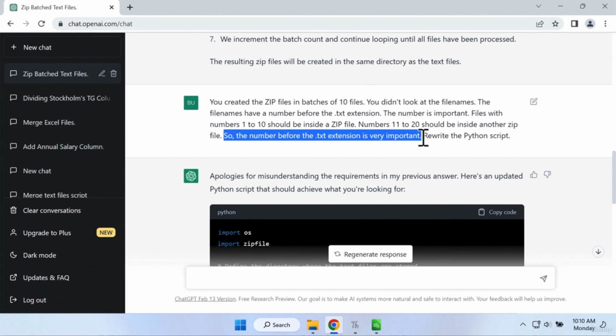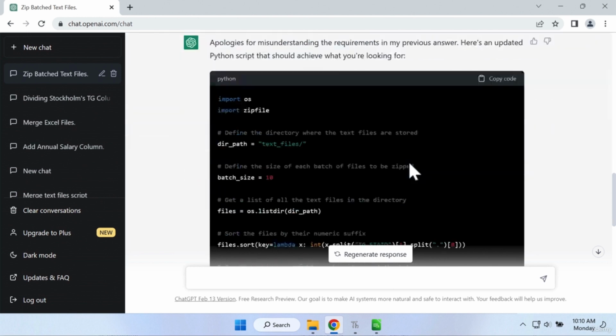So always think of ChatGPT as another person, which can make errors, but they can also fix those errors, as they did